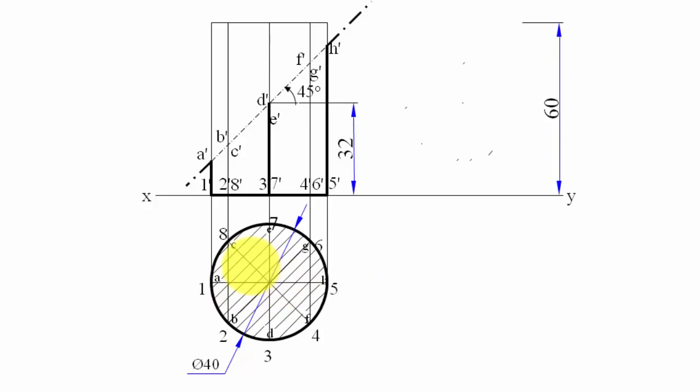Now we'll go ahead and make the sectional side view, or to be very precise, we're going to be making the sectional left hand side view, and for that I'm going to have to draw a vertical line from here, and this is what you call the x1 y1 line.